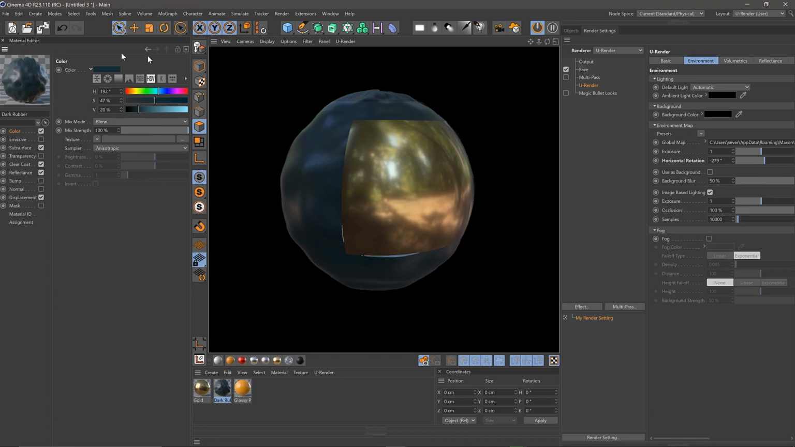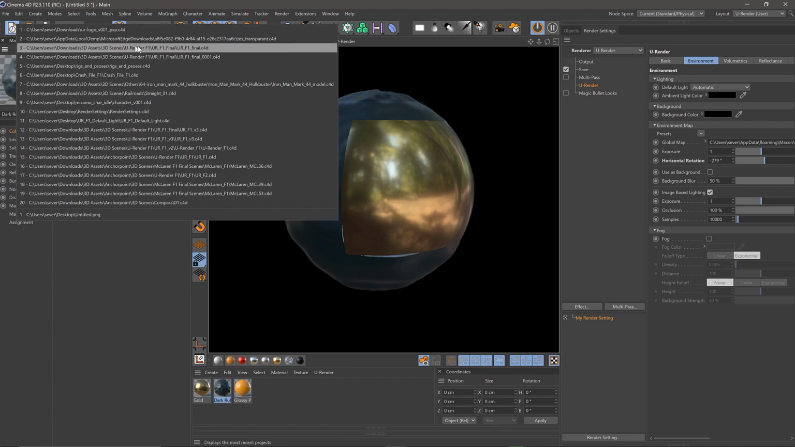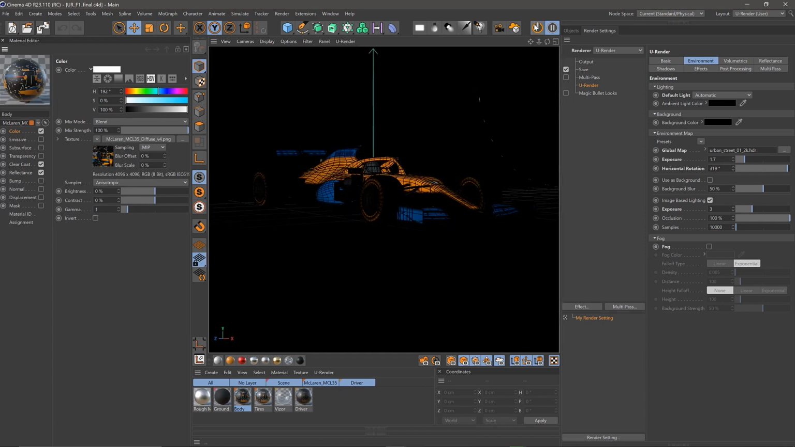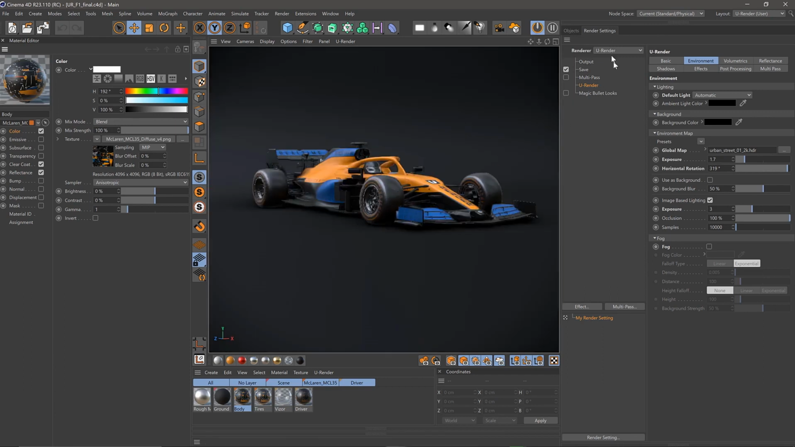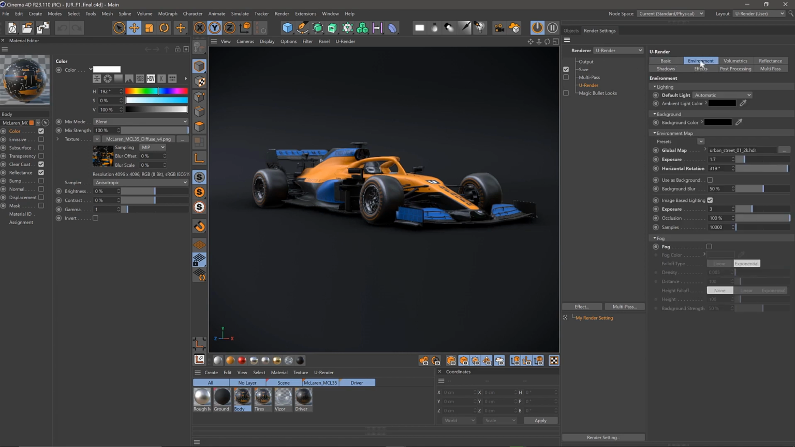Now, to demonstrate this a little bit better, let me open my, where is my Formula 1 model? Okay, let me just start rendering again. It will take a few seconds because the scene is really heavy, and I think I have, okay, I don't have. And now what I really like